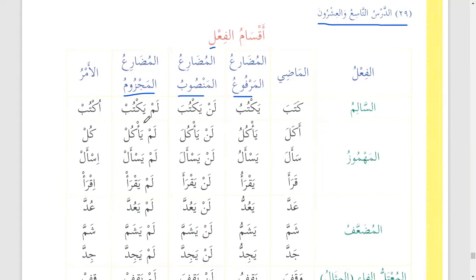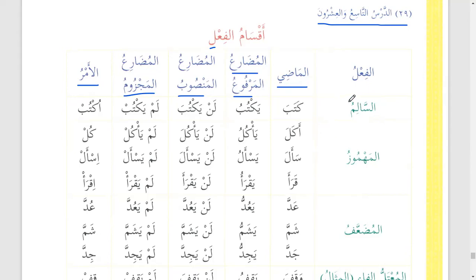And we know that lam is a harf that will chop the mudari, right? So we have al-mudari, so past, and then we have present. In present, we have al-marfu'u, wal-mansubu, wal-majzumu, and then we have fi'lul amr, as we know that, making a command to someone. A fi'lul nahi is not included in the family of the verb. The ulama or the grammarians, they say that there are only 3 types of the verb, which is the past and the present and the fi'lul amr, which is the command. However, a nahi is also called fi'lul nahi.